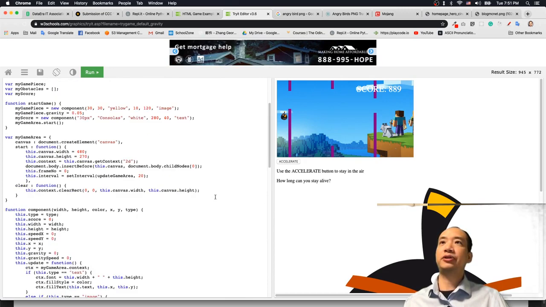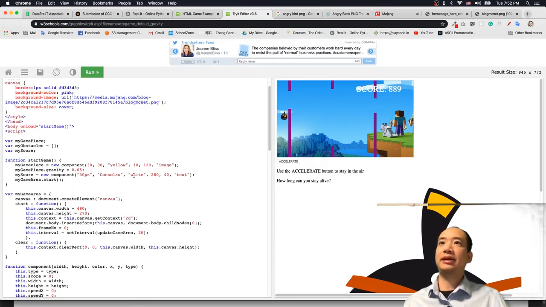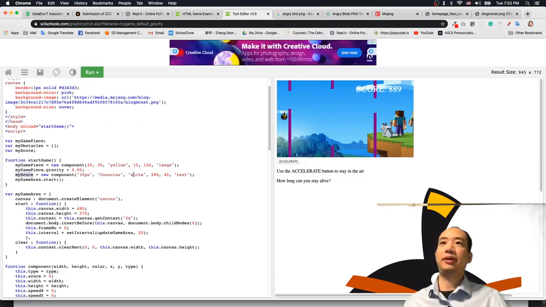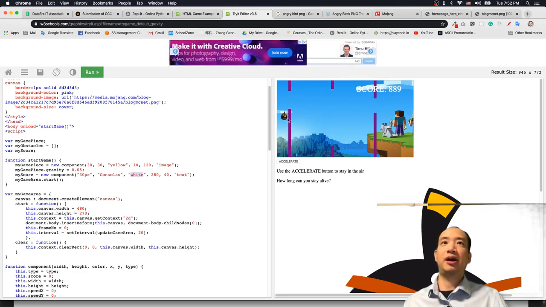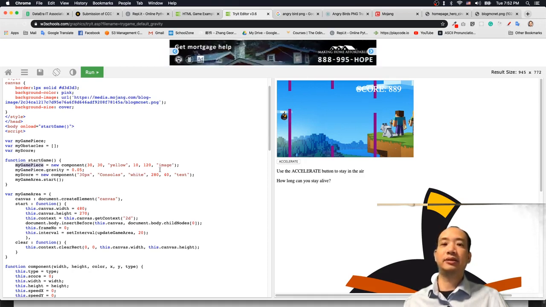And we also changed the score here from black to white, our score, black to white. And we also changed a little bit on our hero from this my game piece. Okay,